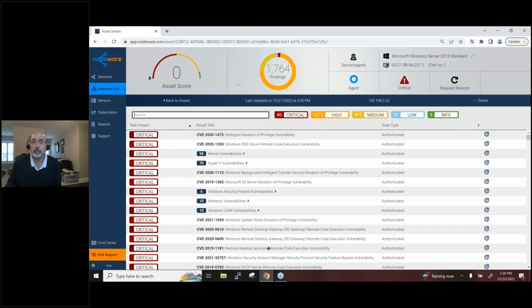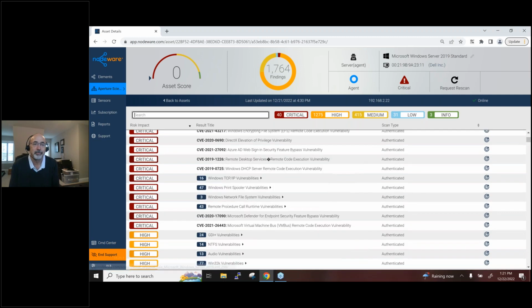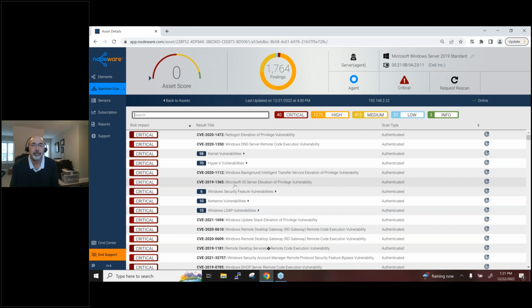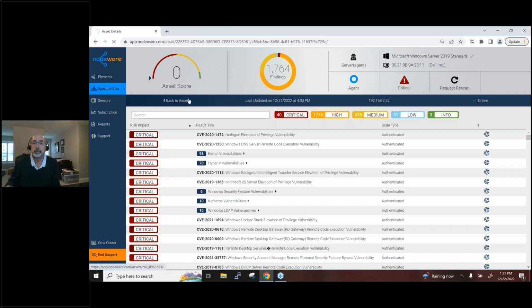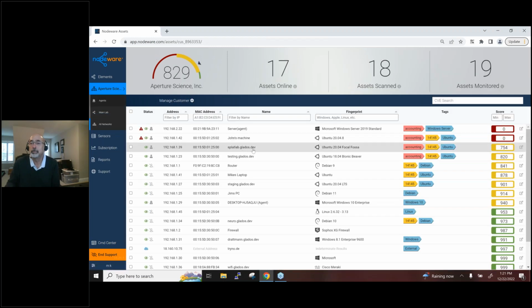Yep, so this is just more for your information. Here you can see a Windows Server 2019 bare bones install. Fresh install, out of the gate, it has 1,764 vulnerabilities. Look at the number of criticals that this thing has: 98 plus 70 plus 6. All of these are critical. So if you think you're using the latest and greatest and you aren't up on your patching and checking, look at this: almost 1,800 vulnerabilities out of the box just from a Microsoft install. So that's significant. That's more for display purposes than anything else.